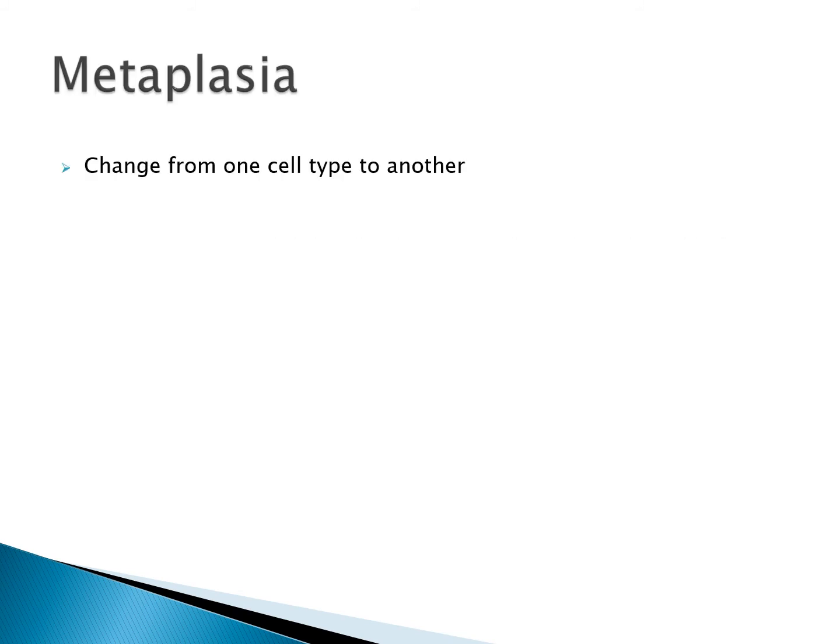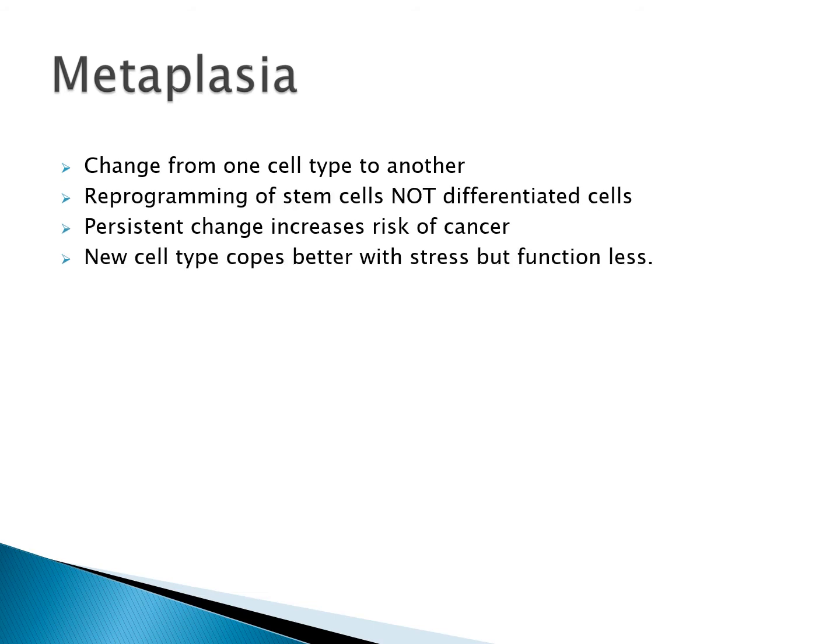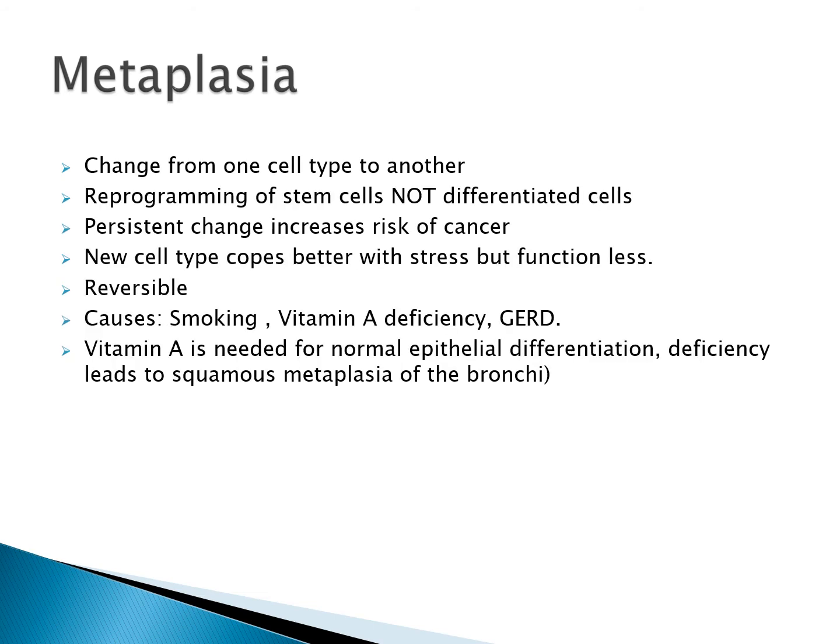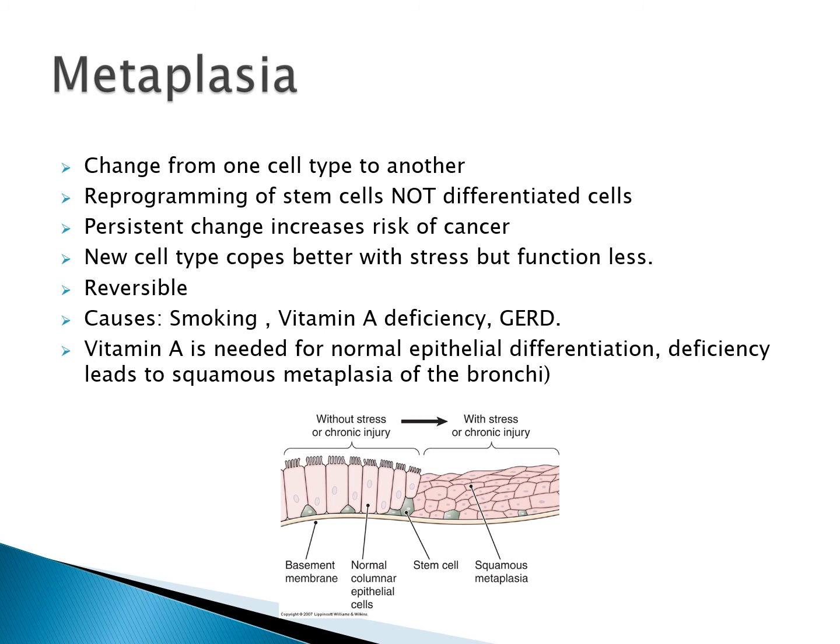Now, the last adaptive mechanism is called metaplasia. Metaplasia is considered a change from one cell type to another. Again, it's reversible, but we have a reprogramming of the stem cells to transform to give us a new type of cells. So metaplasia is not a transformation of the differentiated cells. It is at the level of the stem cells. Like if you, for example, look here